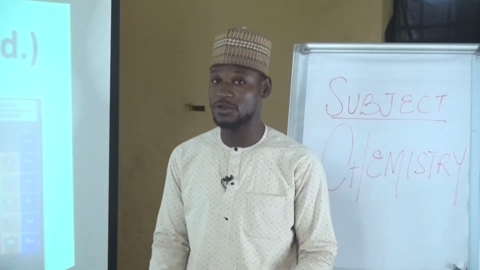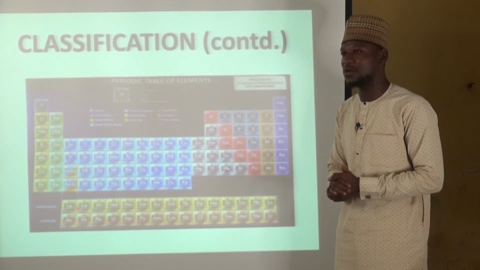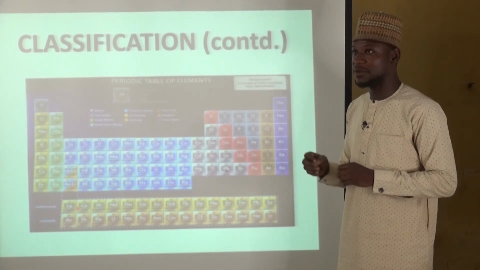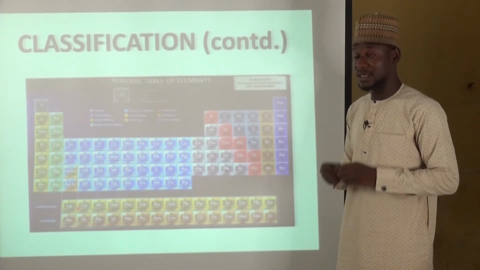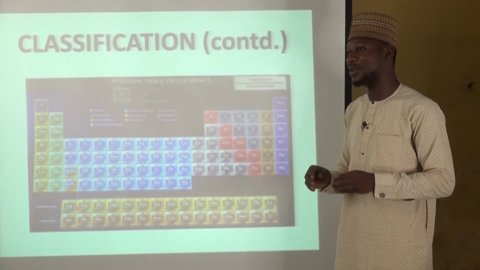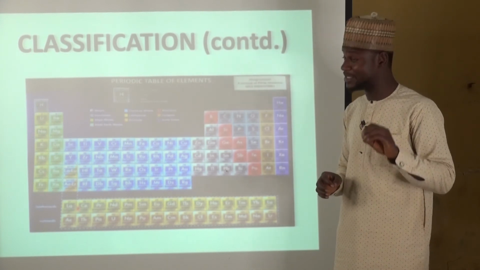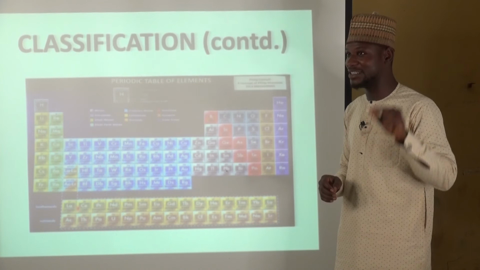First of all, he has said a lot of things, and he said them very well, so I don't need to say it over and over again. But first of all, we have to define periodic table. He defined it, and you have to know that it is a chart in which elements are arranged in order of their increasing atomic number. Very important. It is arranged in order of increasing atomic number.